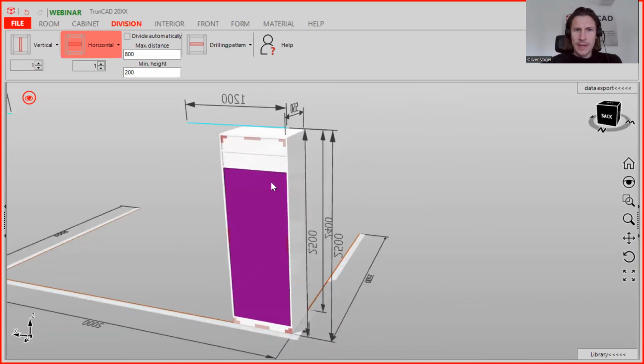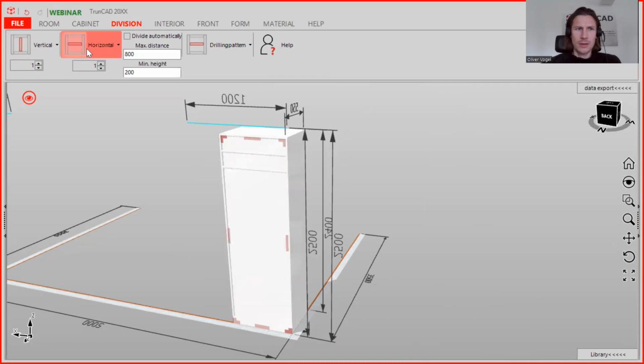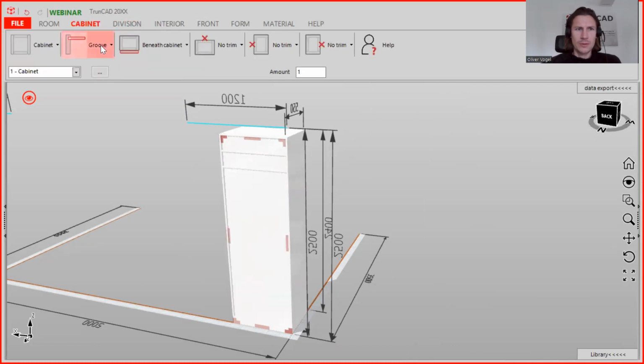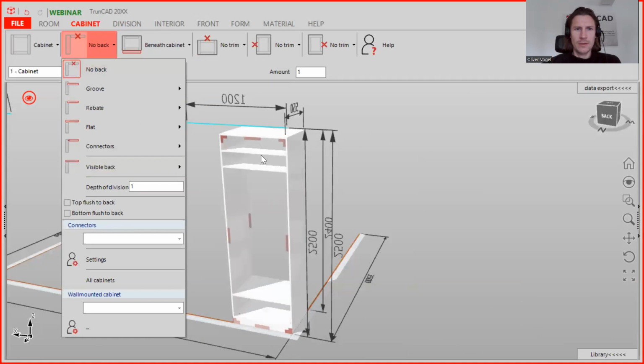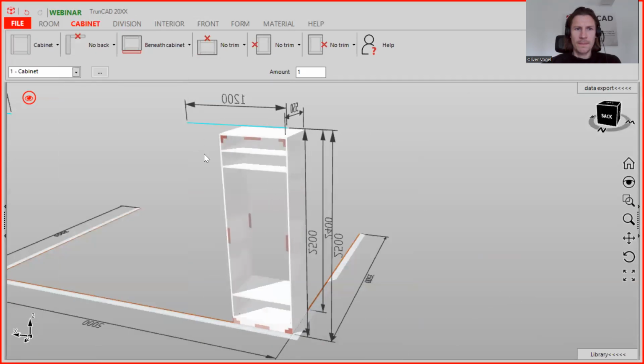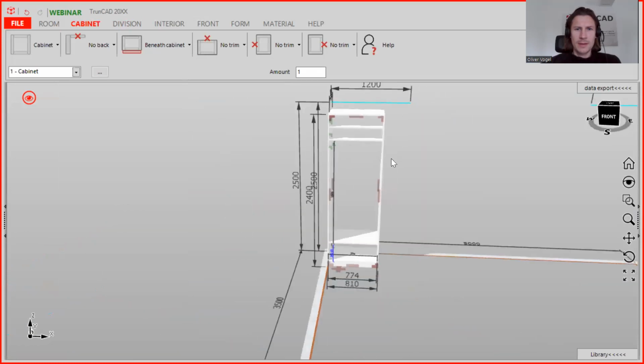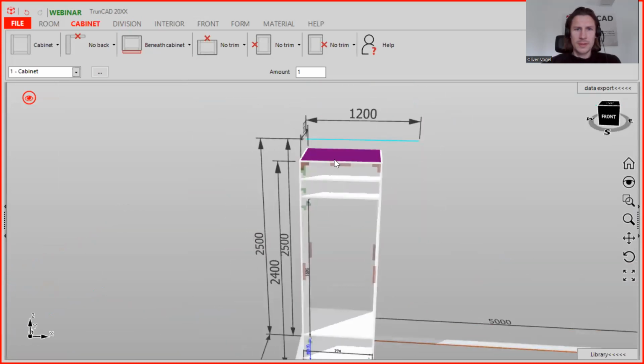When you want to have the back, I will show you at the end what we need to consider. But now here we type in no back,